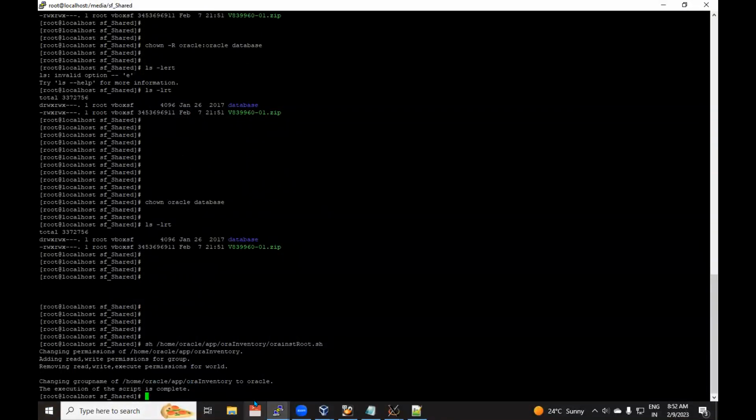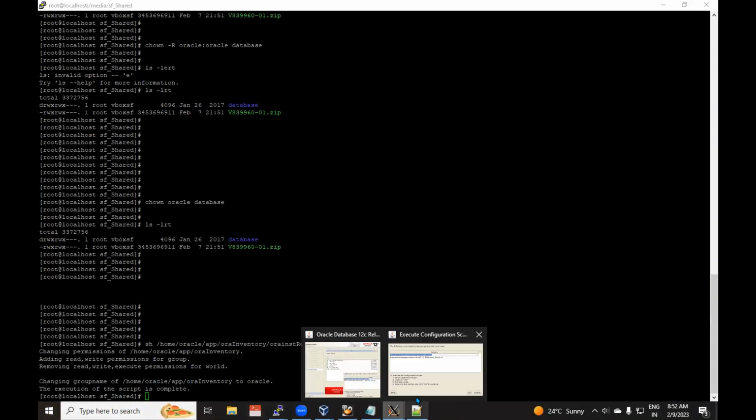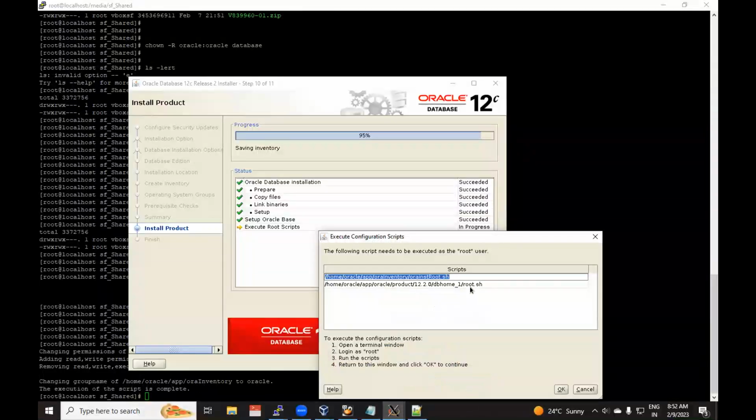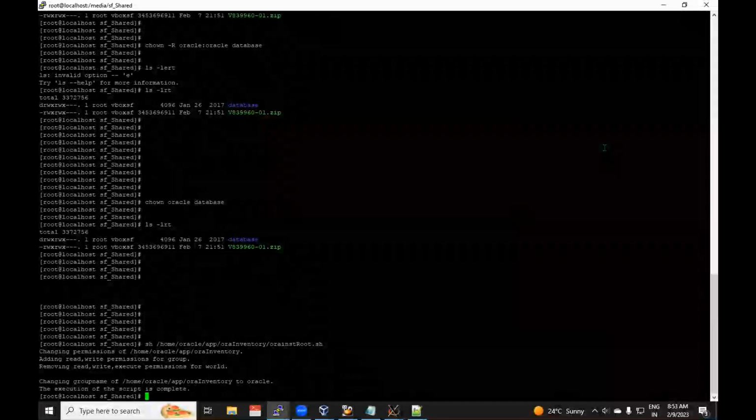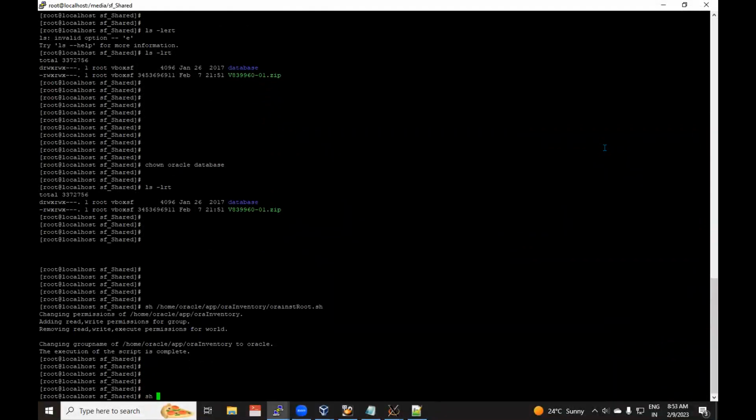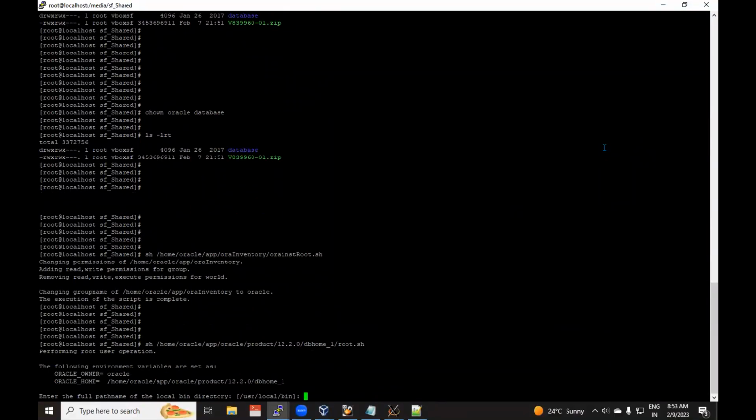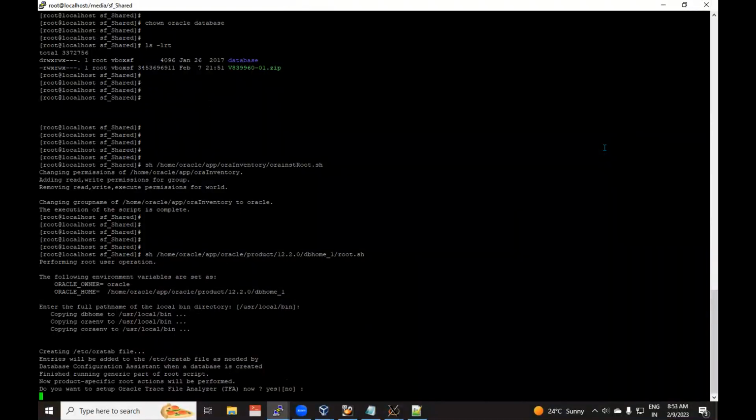The execution of the script completed. And go here. Again, copy this. Go to the root user. sh and script name. Execute it. Enter the full path of the local bin directory; we are in the default, just enter it. Do you want Oracle Trace File Analyzer now? Yes, you give.